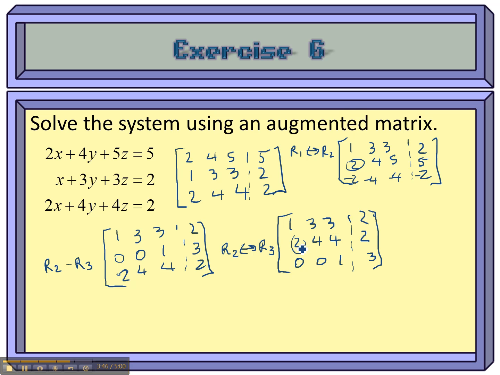One of them is I can notice that all of those numbers there are even, so I could just take half of all those numbers, and then that leading coefficient becomes a 1. So let's take half of R2. 1, 3, 3, 2, and 1, 2, 2, 1 for the new middle equation, and 0, 0,